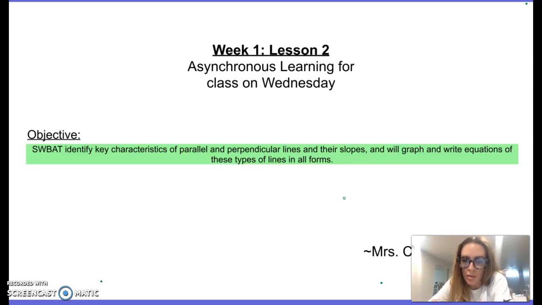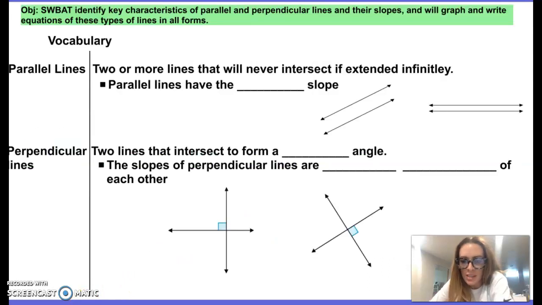We're going to be talking about parallel and perpendicular lines and their slopes, and we'll graph and write equations for these types of lines in all forms. This is something that you guys have learned before, I hope, either in Algebra 1 or in Geometry. When I'm going through this video, I want you to feel free to listen to the explanation,